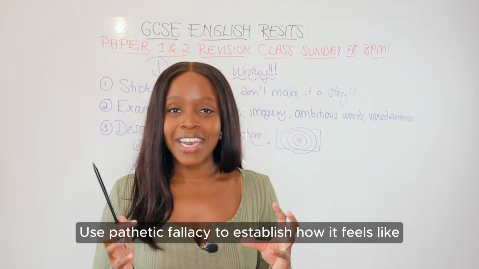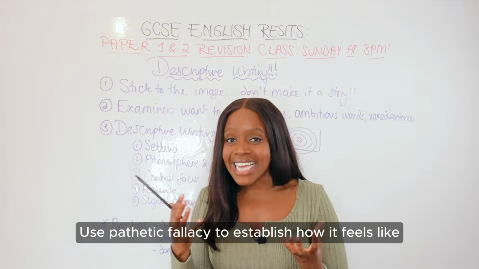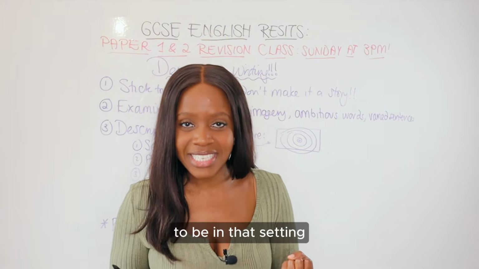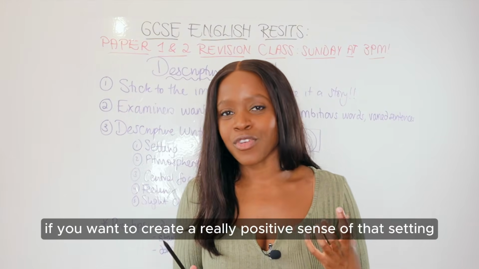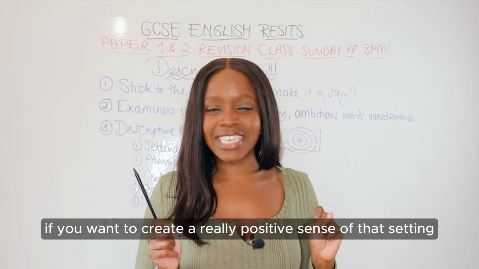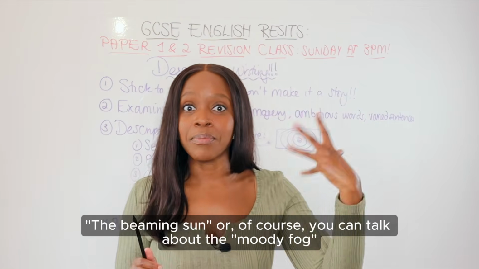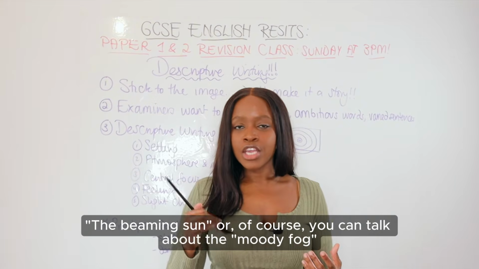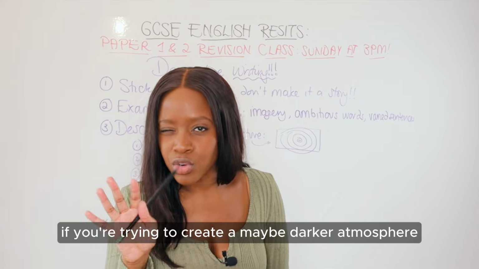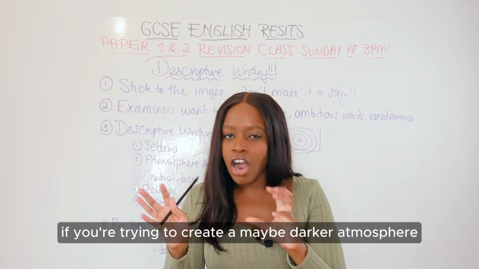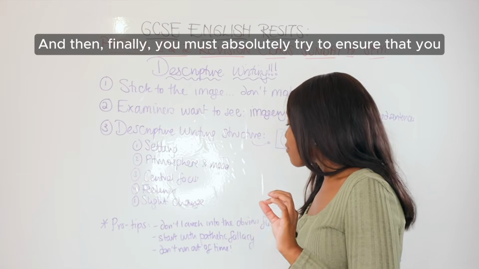Use pathetic fallacy to establish how it feels like to be in that setting, okay? For example, if you want to create a really positive sense of that setting, is obviously you can start with describing the smiling sun, for instance, the beaming sun, or of course, you can talk about the moody fog if you're trying to create a maybe darker atmosphere, okay? And then finally,